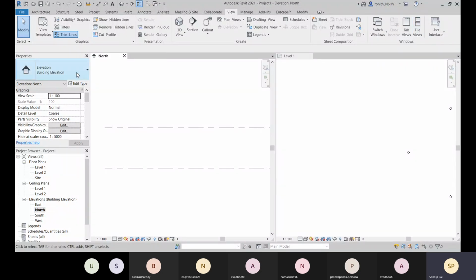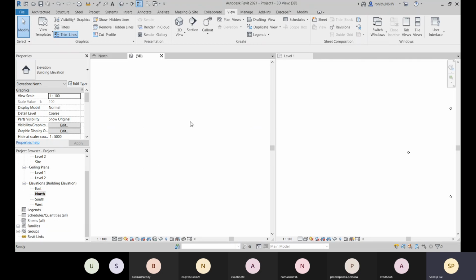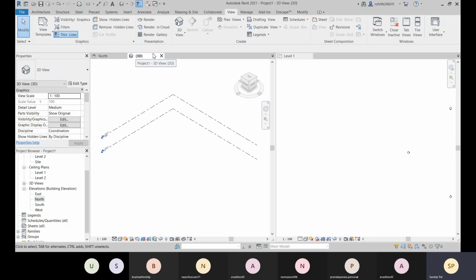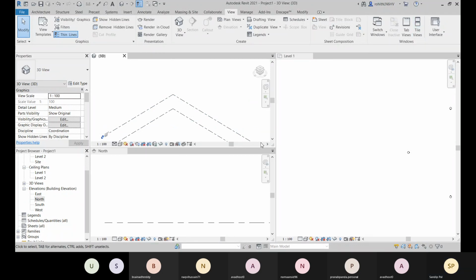So all other views that are opened will be adjusted to fit within this viewport or drawing area. And if I'm opening another view, like the 3D view, here you see that 3D view is opened, and if I switch to tile views and these 3 tiles, it's adjusted within this viewport. This way I can control it.